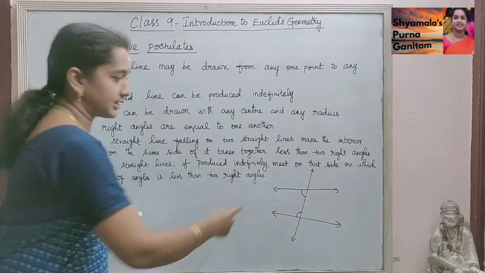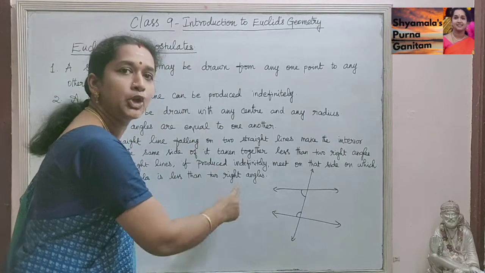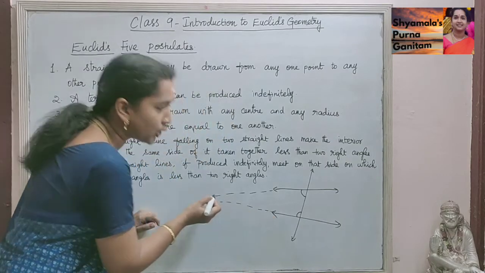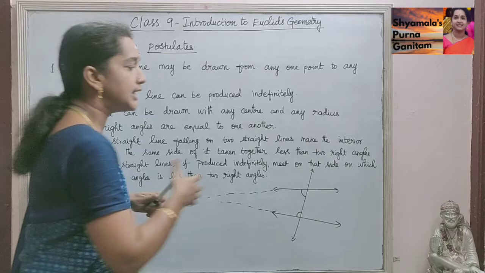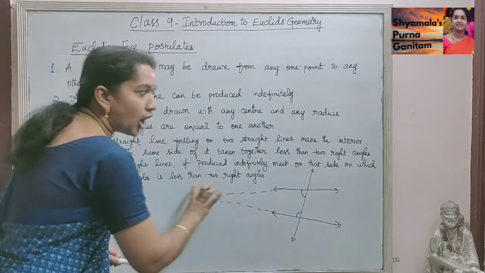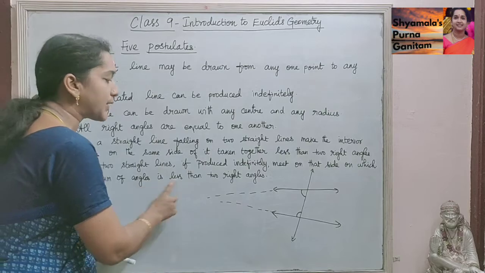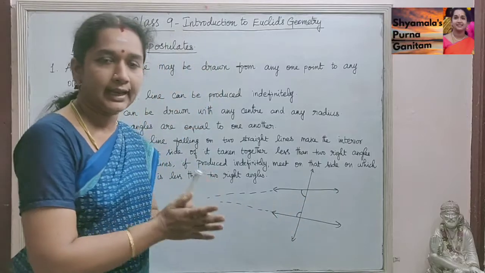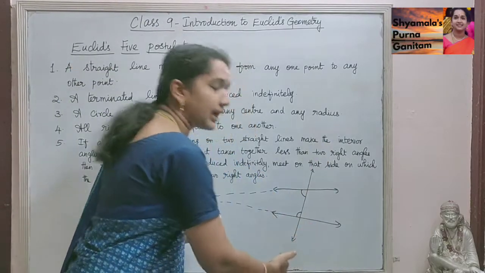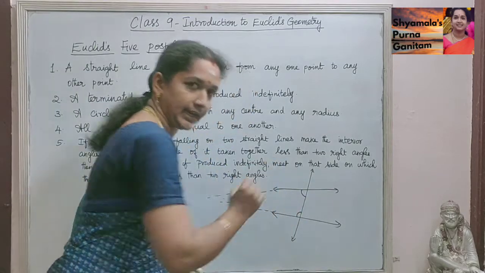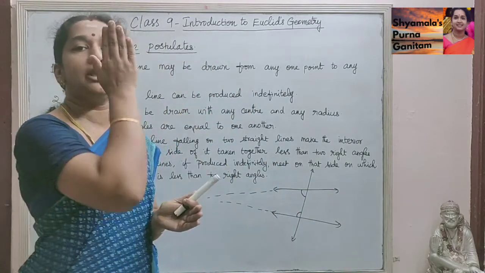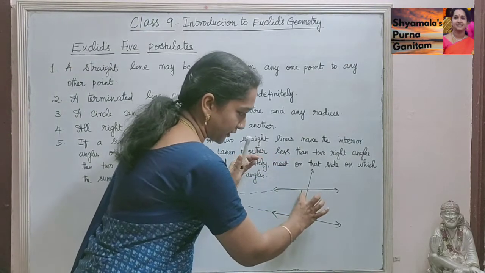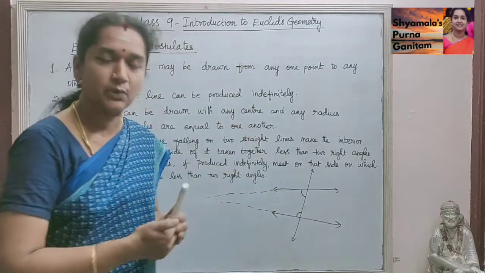Then these two straight lines, when we are producing them indefinitely, meet on that side on which the sum of angles is less than two right angles. Very simple. If we take two straight lines and they are cut by another straight line, we get two interior angles. If the sum of these two angles is less than two right angles, that is less than 180 degrees,